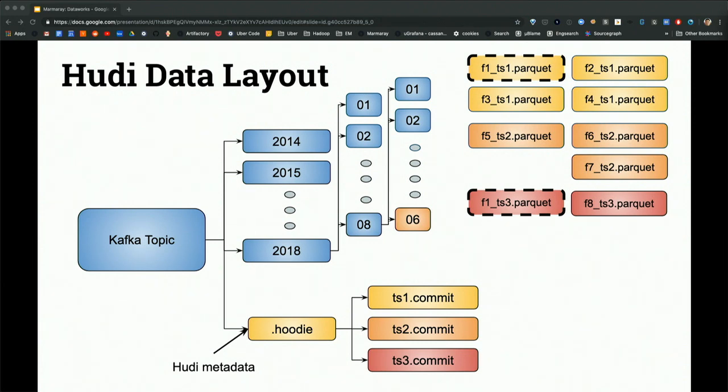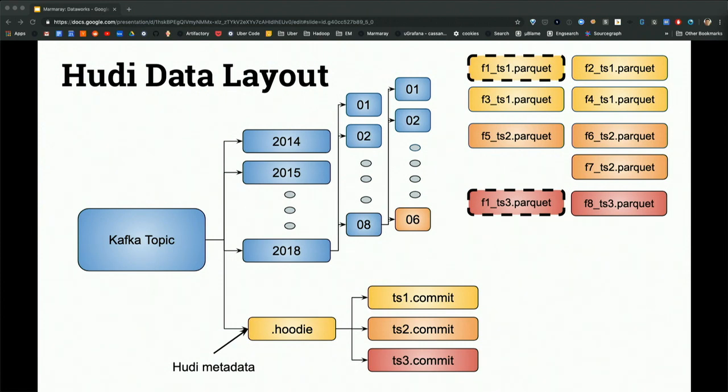And so I actually gave a talk yesterday at NoSQL Day about how we use this feature called global indexing to figure out if a record is an insert or update. So please refer to that. But that's what we use to figure out the system. And so again, we don't have to rewrite the entire file. The entire directory. Let me correct myself. We just have to rewrite that single Parquet file.